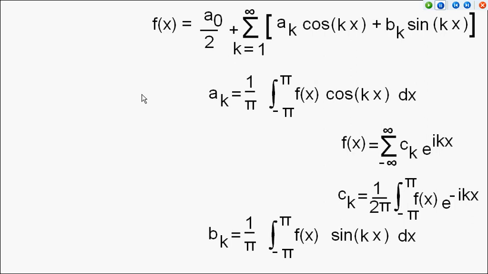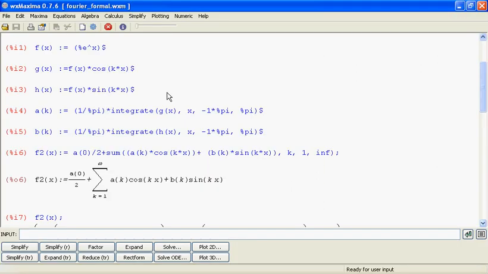Consider the general formula for the Fourier series. f of x equals a naught over 2 plus the sum from k equals 1 to infinity of a sub k cosine kx plus b sub k sine kx. If we look at the following Maxima input, you see that we first define f of x as e to